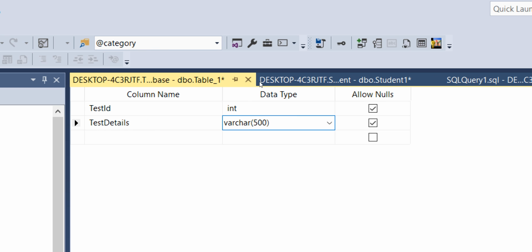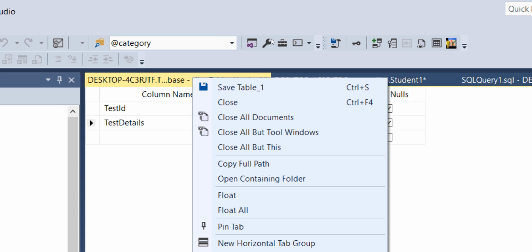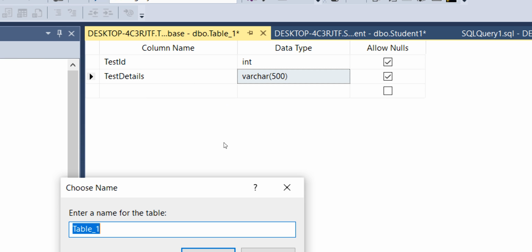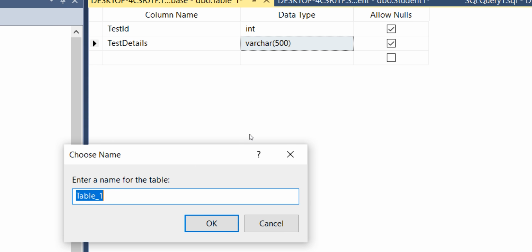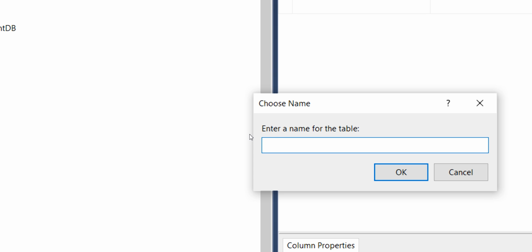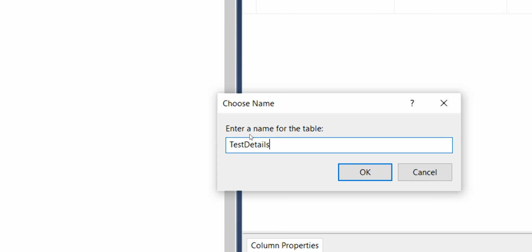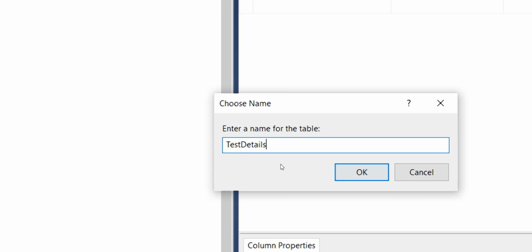After specifying all the columns, you need to right click on this and you need to click save table 1. After this, you need to enter a name for the table. So what name of the table would you like to have? I would like test details. So this is the name of the table.